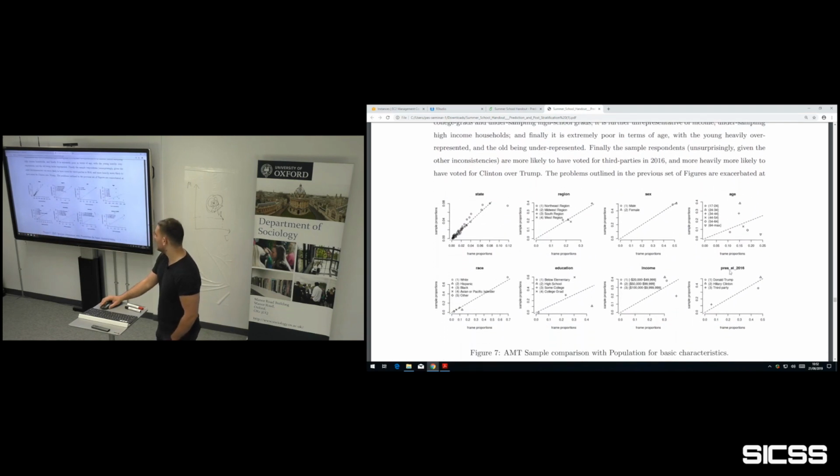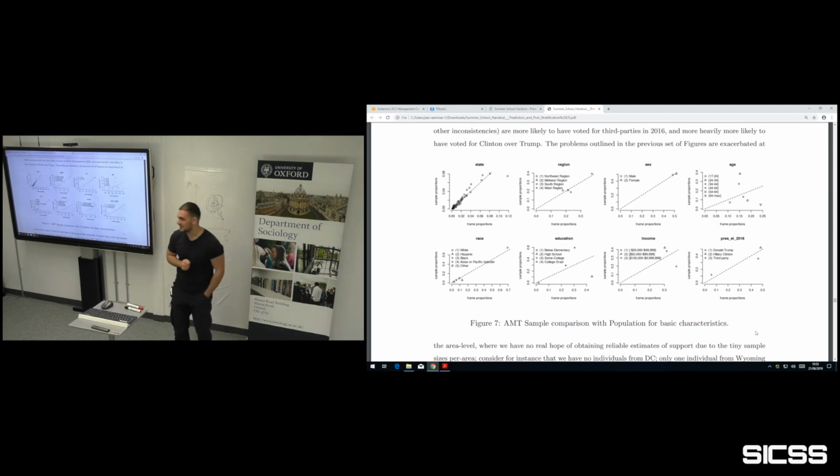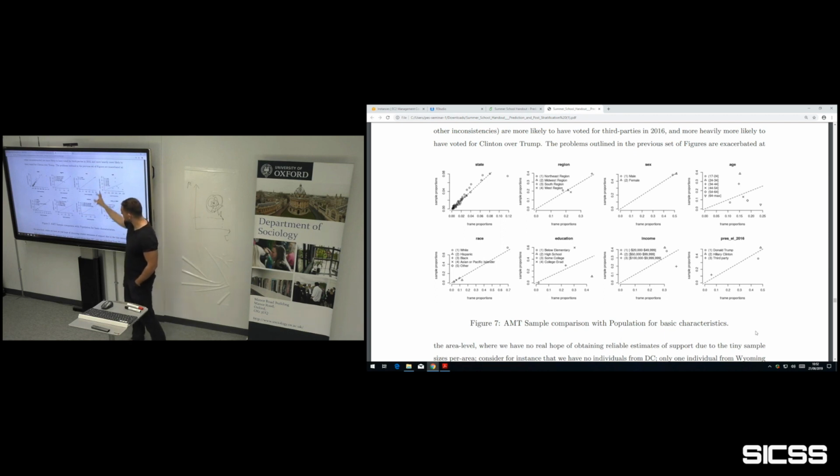Before we do that, I want you to have a look at how unrepresentative the mTurk sample actually is. If you look at these, on the x-axis you have the population proportions, and on the y-axis you have the sample proportions. And you can see that